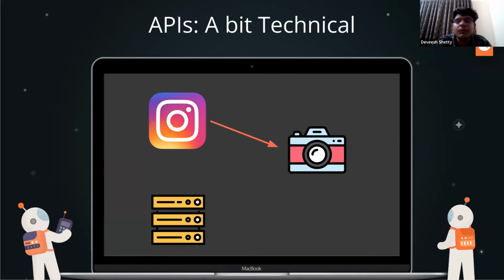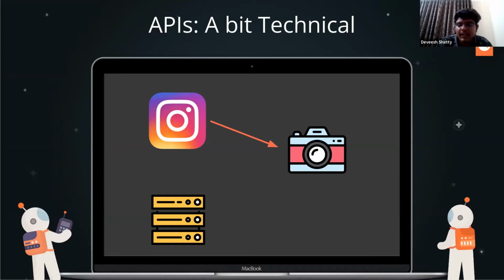Next, what you can do, you won't send a raw photo only, right? You will be adding maybe some stickers, or maybe GIFs, anything you can call it. You can add those, or you will add your location. So for you, it may seem like just a drag and drop. But have you ever wondered what is happening in the background? In the background, they are calling one API. Whenever you add a GIF, they will be calling a Giphy API. Giphy is one platform where you will get GIF images. So they will be calling that Giphy API, which even you can use and implement in your projects. From that they will get the GIFs. And same with the location, they will be using location APIs.